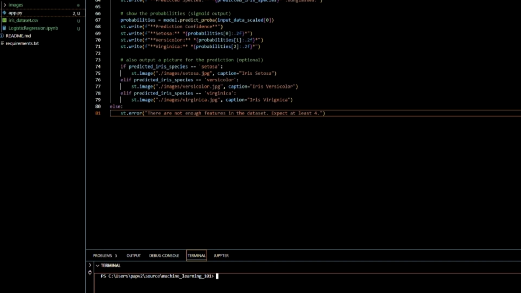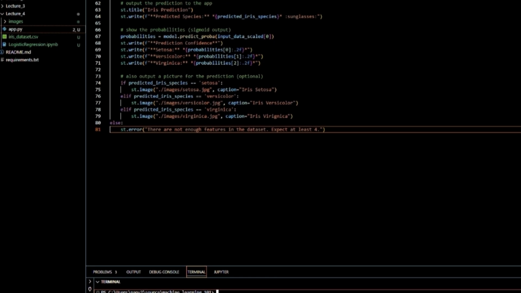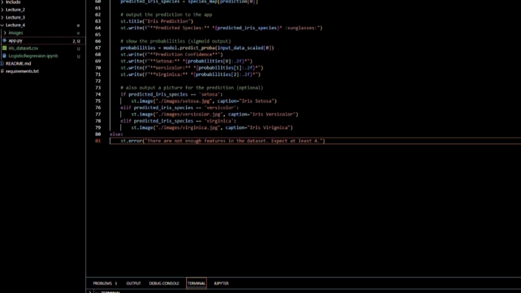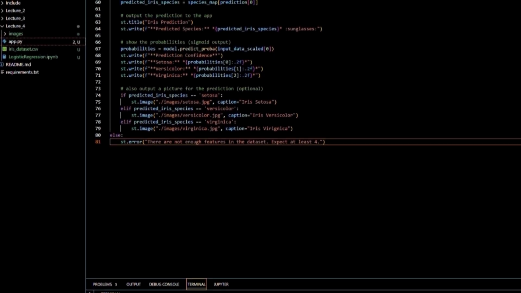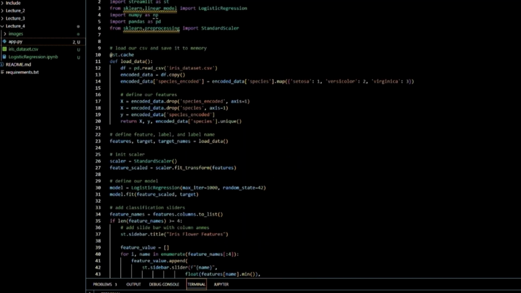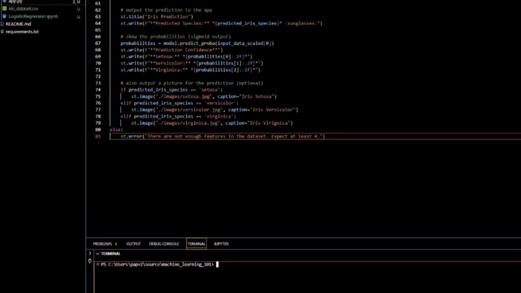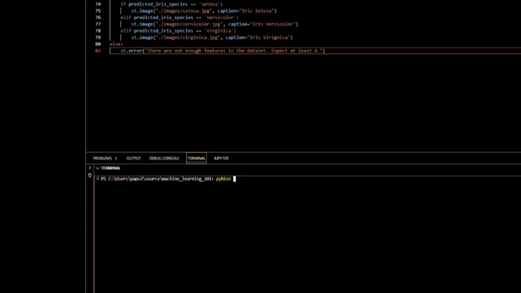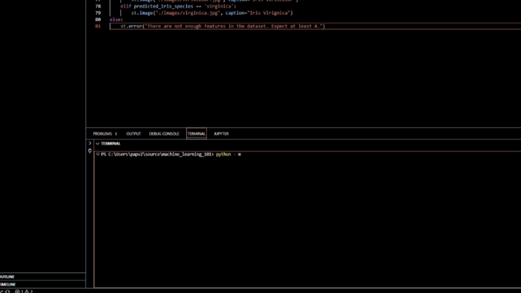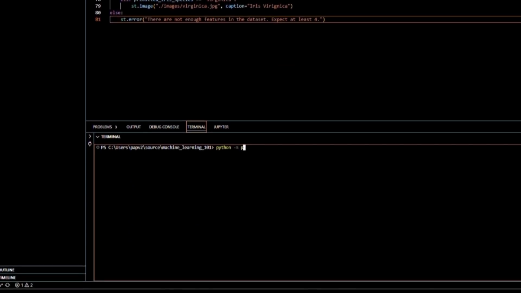So if we're going to run our app, first you want to go to terminal, new terminal. From here, you want to create a virtual environment for Python. It's probably a lot better to do that, because Streamlit is a really wonky library. It's going to require you to create a virtual environment for Python. So to do that, we do python -m